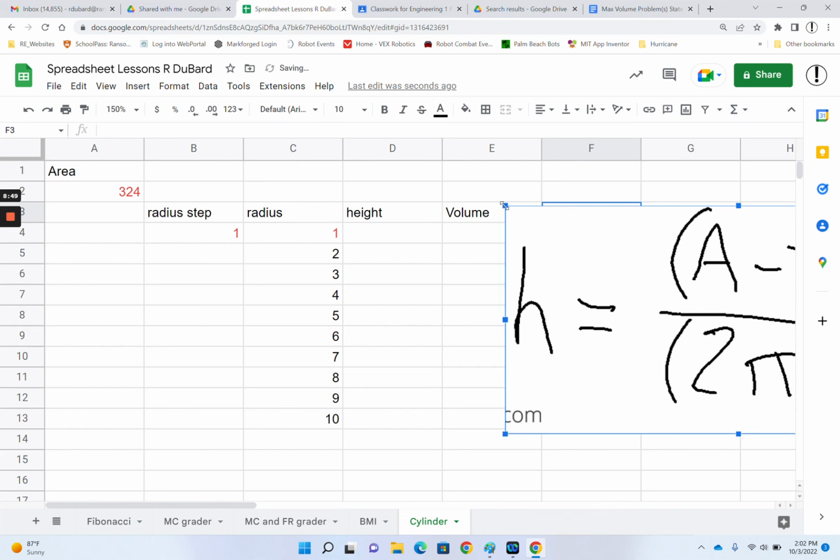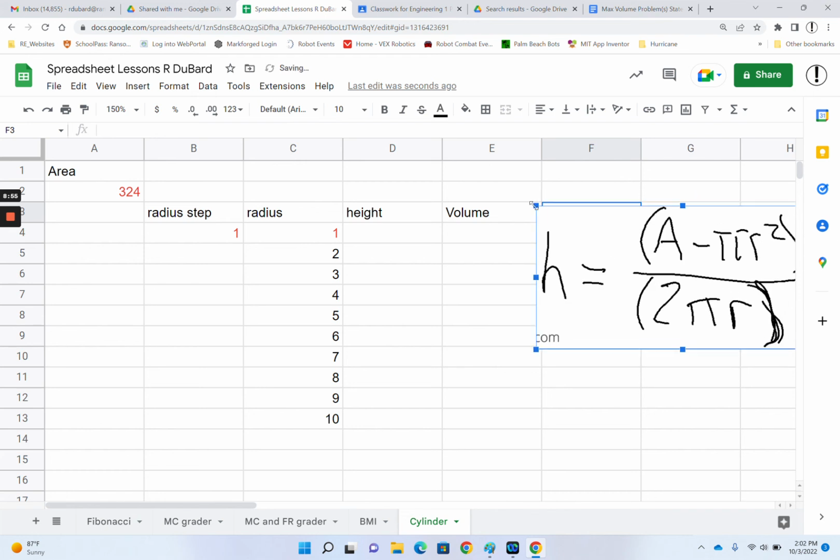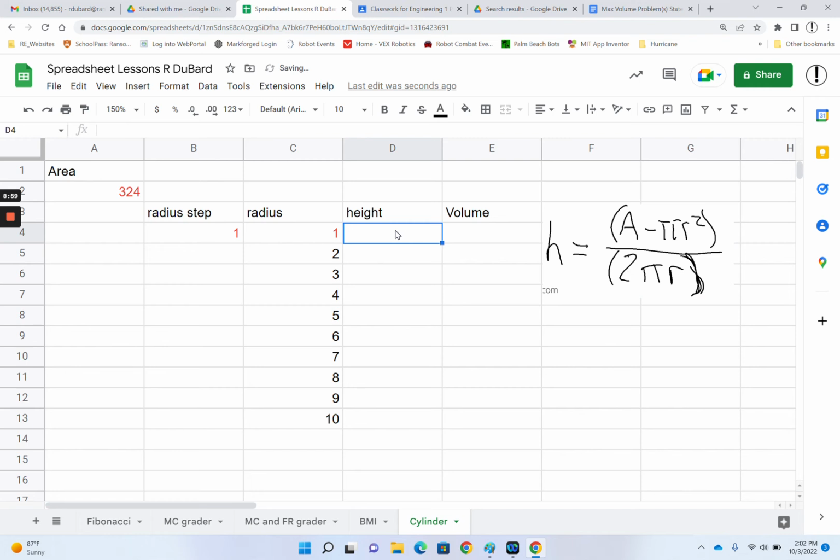You can paste stuff in from elsewhere if you just want to have a look at it. So that's going to be useful to us as we write this equation to have it handy here. So height is a function of area and radius. So if we have an area of 324 and a radius of 1, then the height will be equal to,